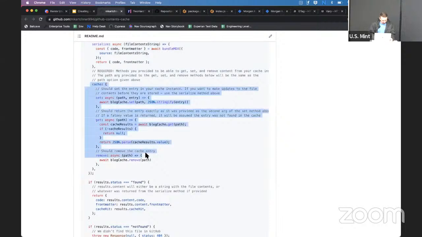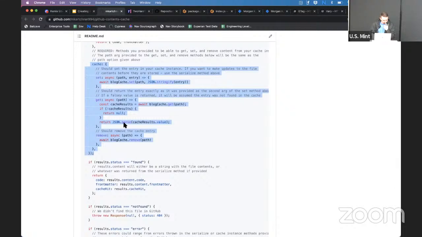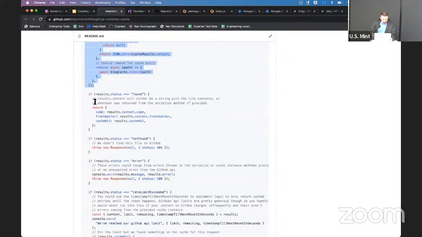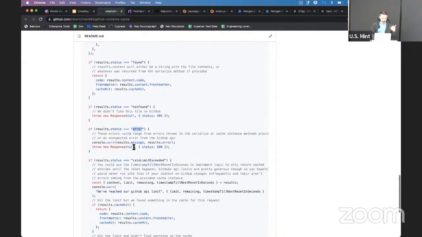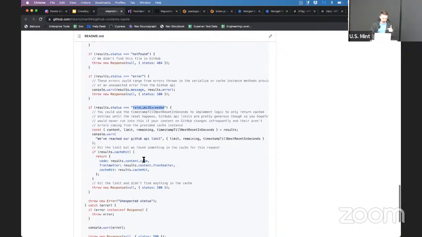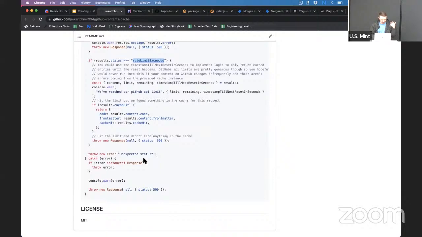And then the cache object, where this logic doesn't care about where you're caching it. It just is the how. So you could do it in SQLite, Redis, on disk, whatever makes sense. And then it returns the status of what happened, right? Oh, I found it, I didn't find it, something happened. Hey, you got problems, rate limited, et cetera.